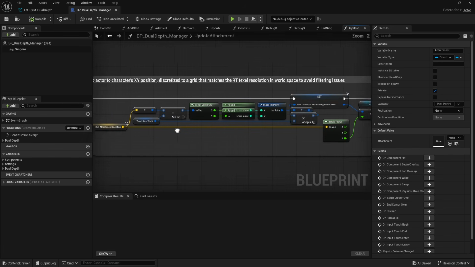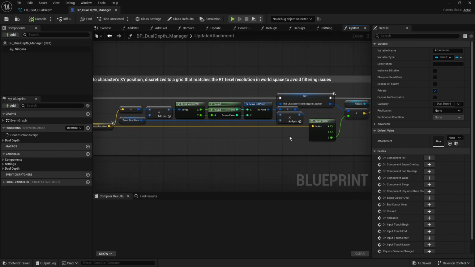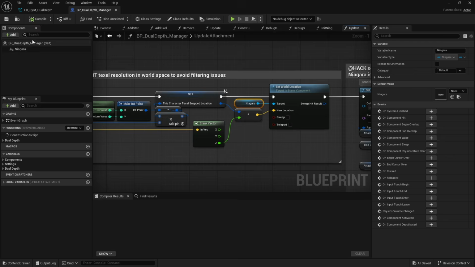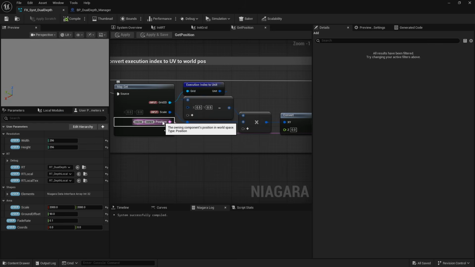There's a bit more to it, but I'll come back to that in a second. The gist of it is that this Niagara component is located at the feet of the character. So this position corresponds to the character's feet. So if the character is, say, at this coordinate in world space, the center point in the grid, initially at